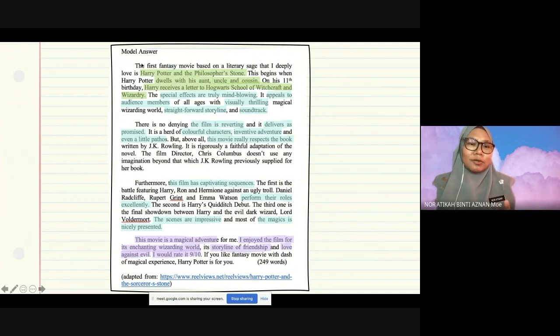This is again not the best model answer for movie writing, for a movie review. It is a bit challenging. I find it a bit difficult to talk about movie review in a way where I have to be very convincing. I have to use the vocabulary that is captivating, that is apt to explain how great the movie is. What kind of greatness that you see there? You have to go in details. You have to analyze. So, being a Potter fan, as I am, I'm very well versed with this movie. This is why I have the most confidence in talking about the movie.